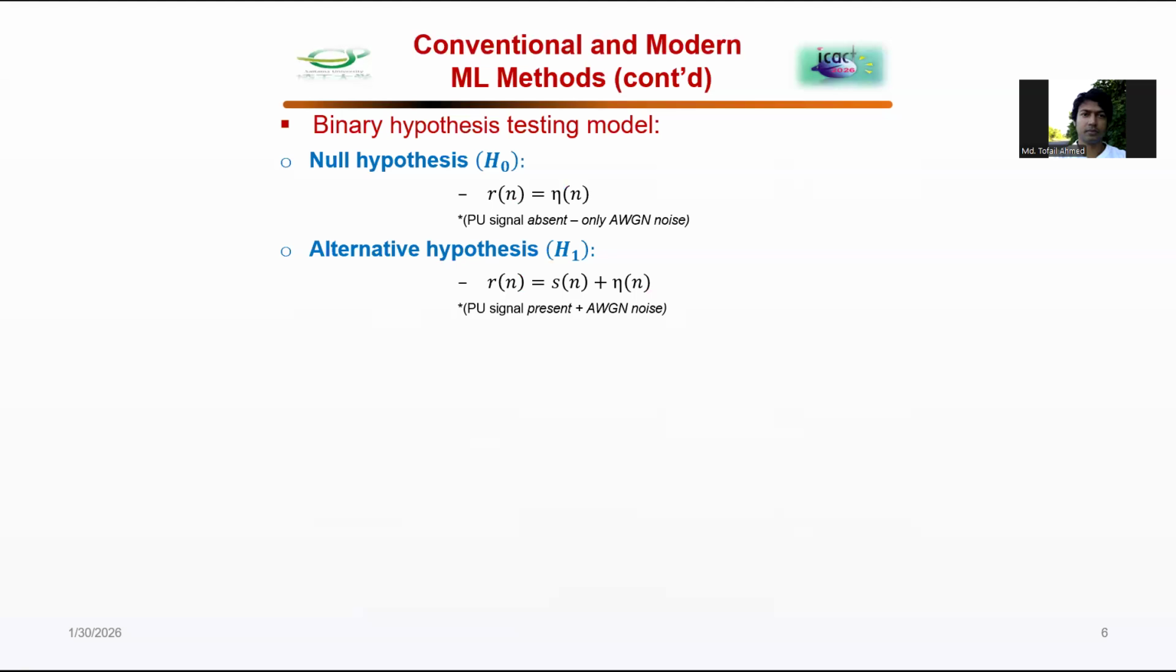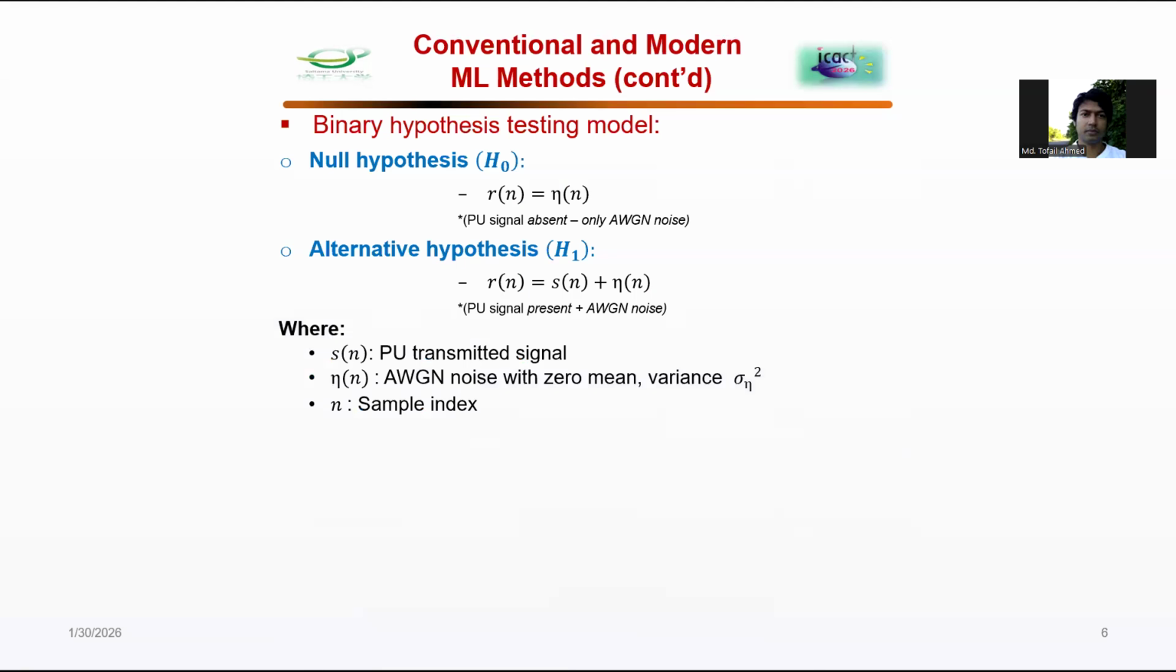Let's dive into the core statistical model behind spectrum sensing. We frame this as a binary hypothesis testing problem. H0 means only noise is present. H1 means signal plus noise. We evaluate a detector using two key metrics: